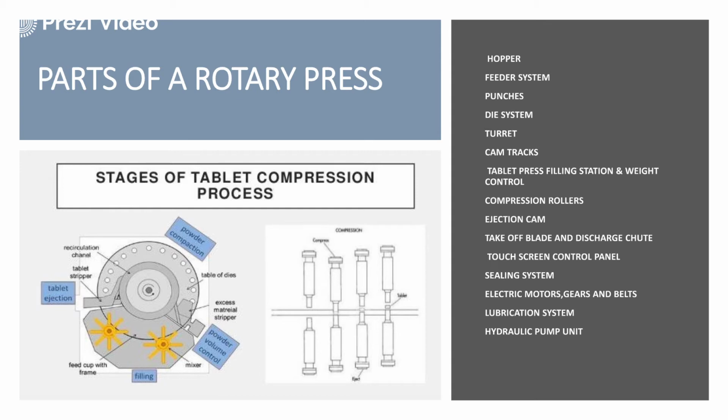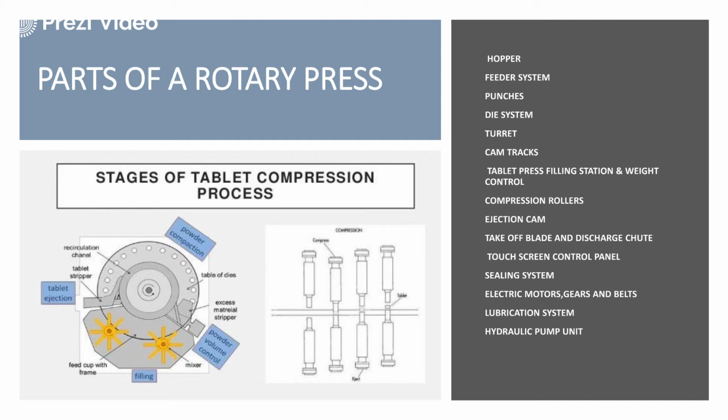It is a sort of cycle, whereby, as in the process I discussed in the previous slide, the lower punch is lowered down and then filled with the granules. Then it moves up as per the customization, in stage 2, so that the excess powder is removed. The third stage is the actual compression. In the fourth stage, the upper punch goes away to the top, and the lower punch elevates slightly to get the tablet ejected finally. So this whole process and its stages are guided by the cam tracks.